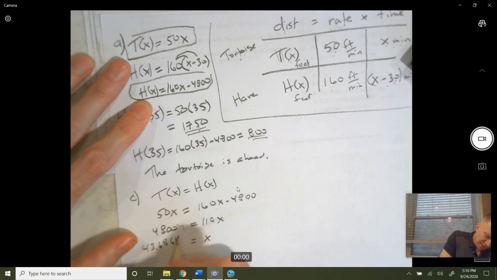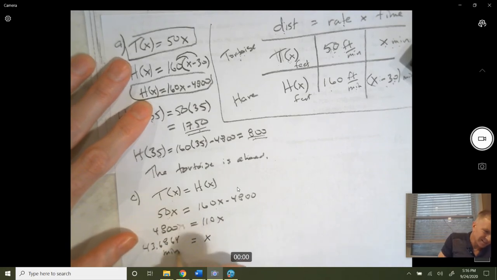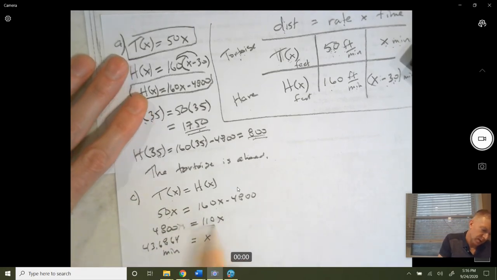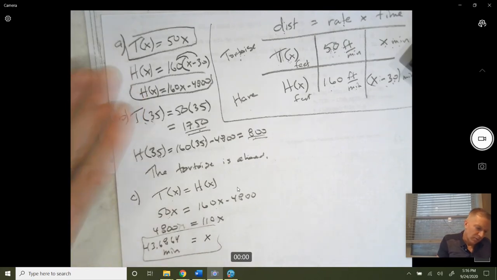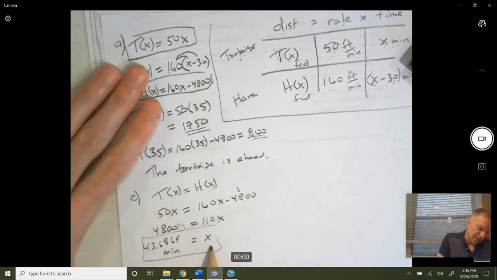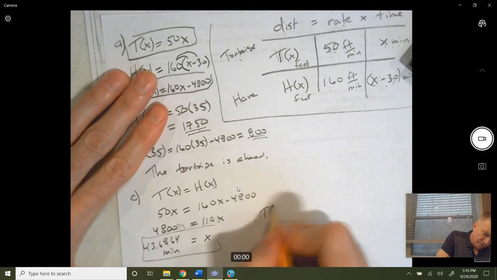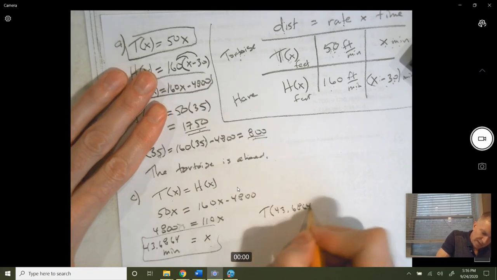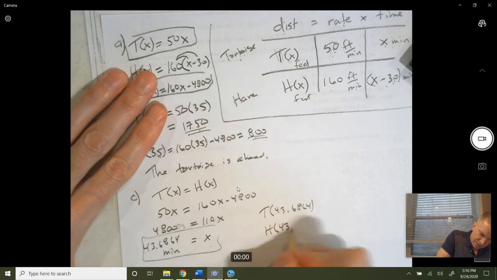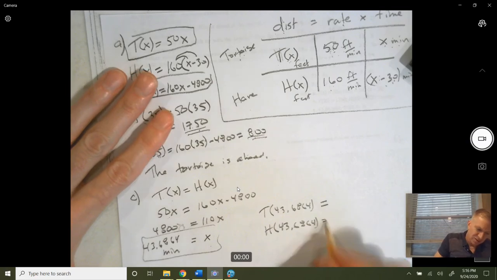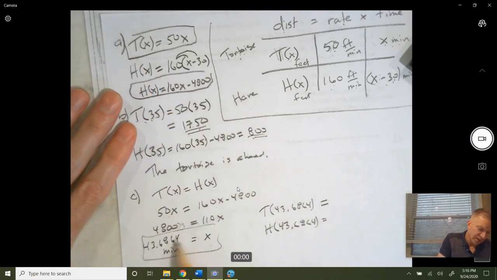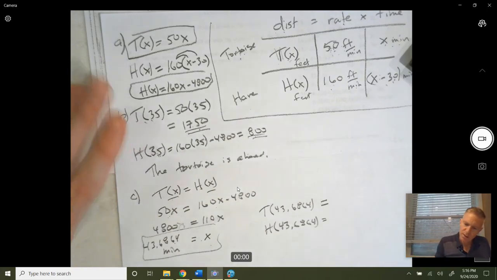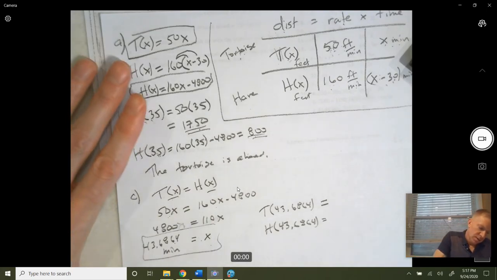43.6364 minutes. Remember, the x is a time. Now if we want to know the distances they've traveled at that time, so t of 43.6364 and h of 43.6364 is equal to, and these distances should be the same. We solved for the x value that makes these two distances equal. Plugging that into your calculator, you will get